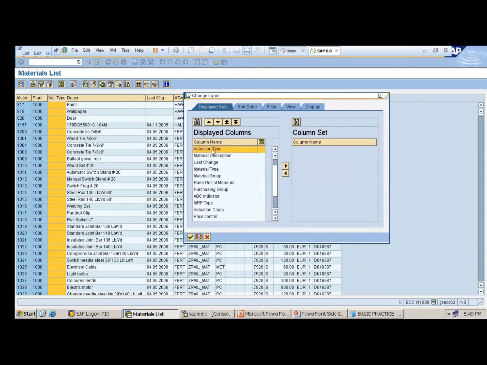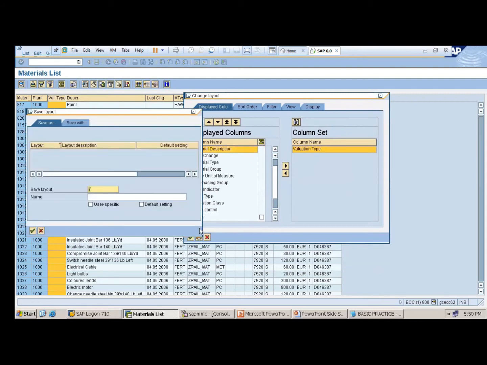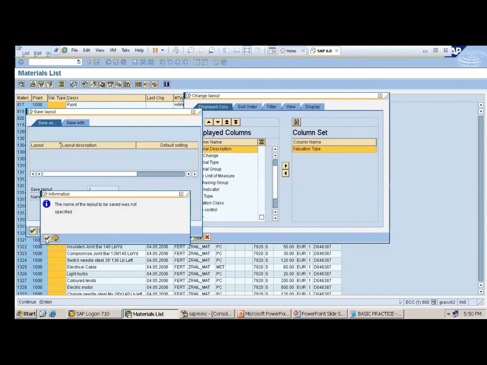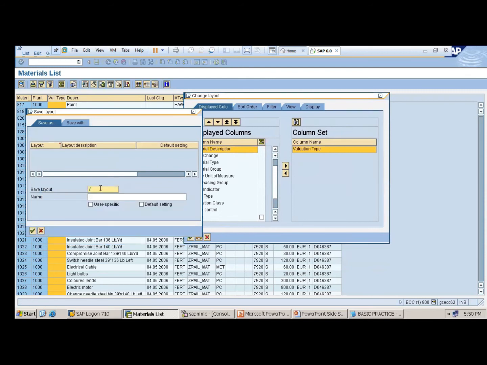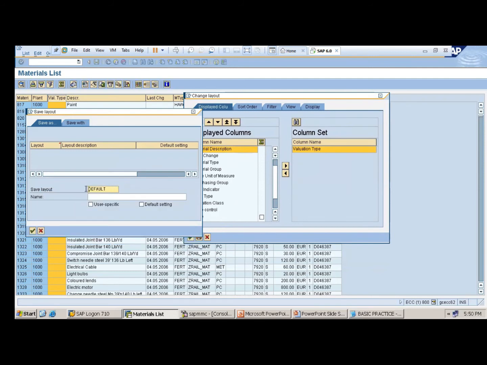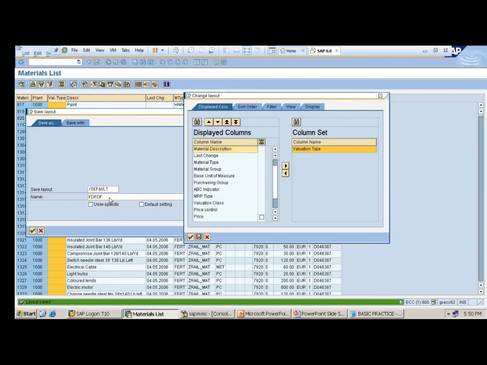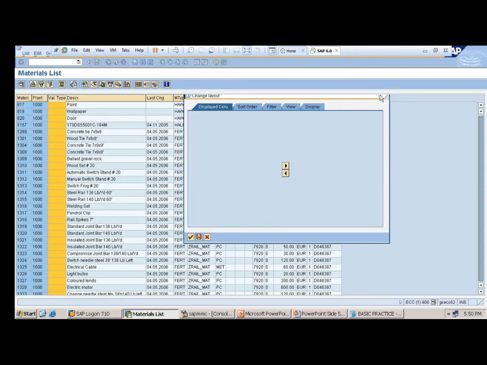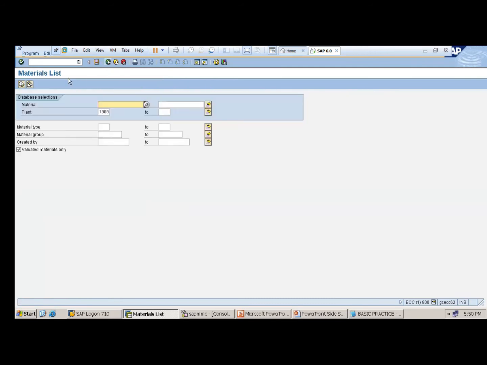Valuation type. Select and send to the right side. Then save it. Enter. Screen layout. So I can give some name and default. Enter the name of the layout. Then close. Let me check one more time.